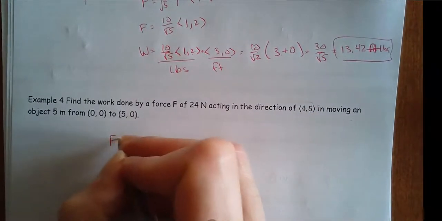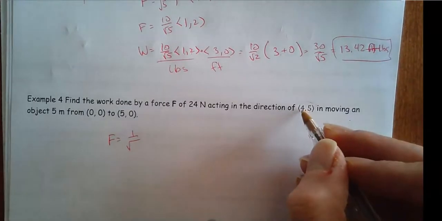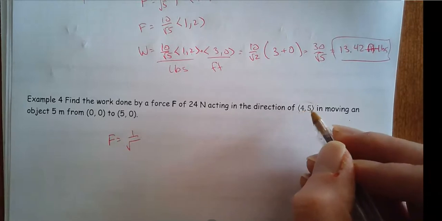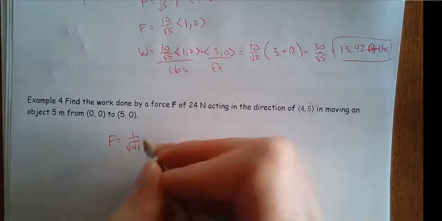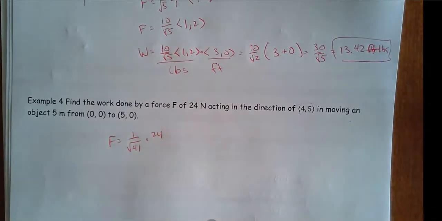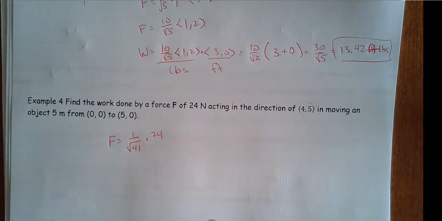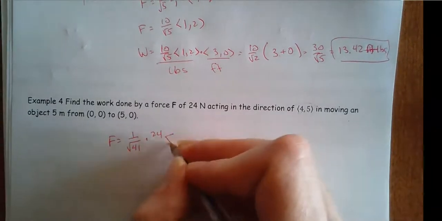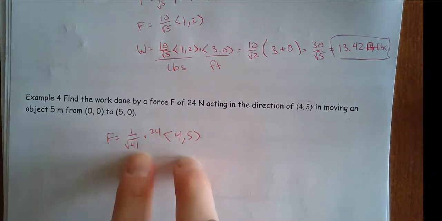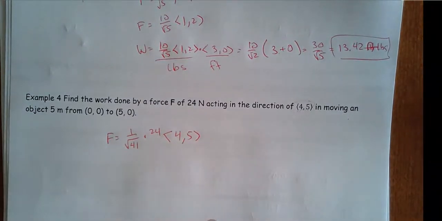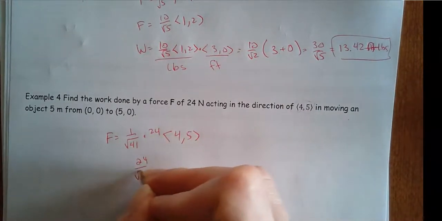So the force will be that unit vector, so it'll be 1 over the square root of, so 4 squared would be 16 plus 25, which is 41. And then we'll multiply by the magnitude. So a unit vector times the magnitude, so that's going to be how far it actually goes. And then I need to multiply that in this direction just to see how far it actually goes. So if I multiply these together, that's the actual vector, you know, how far right, how far up it's going. So 24 radical 41,